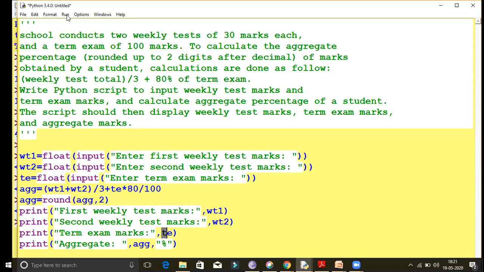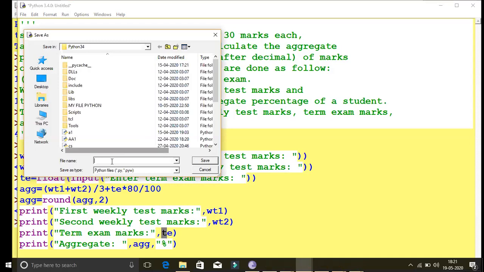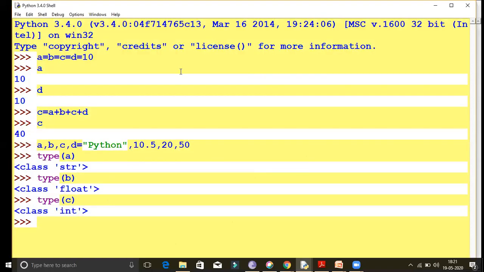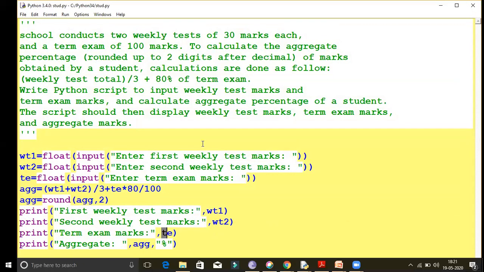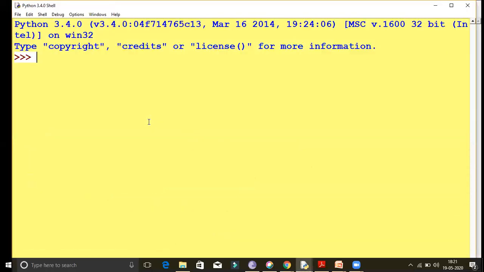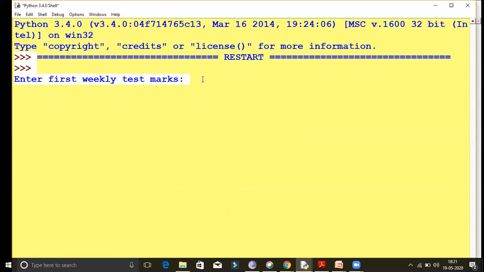See the output here. First I am saving this file, Stud.py I am giving. So I am first clearing this screen fully. Now see here, enter the first weekly test, that is out of 30.